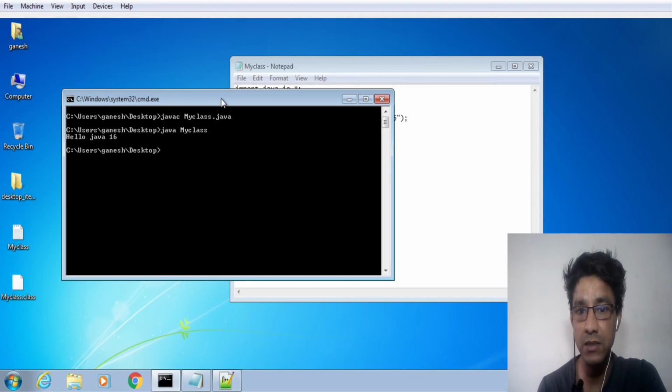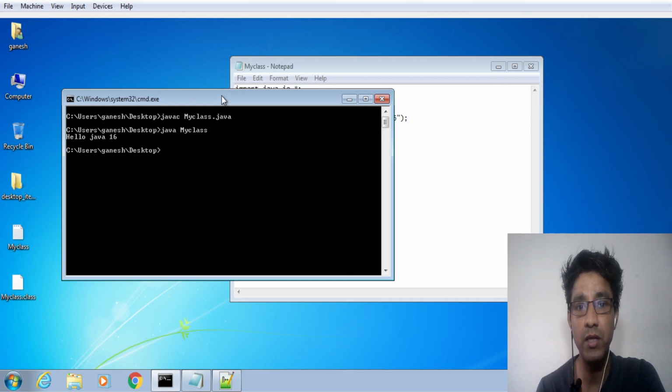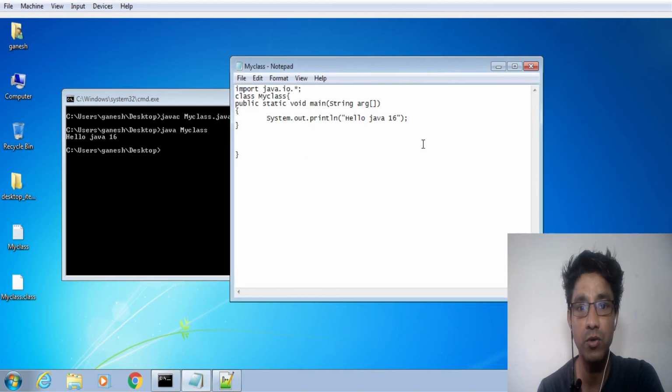So I would suggest you can use the NetBeans IDE. These are integrated development environments. I'll give another demo on how to install these IDEs like NetBeans, Eclipse, or BlueJ, or any other IDE available on the net. First of all, your Java must be installed on your system, and along with that you can install the IDE, the integrated development environment. That will save your time, as within the same window you can type your command.